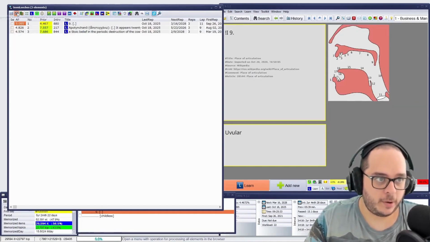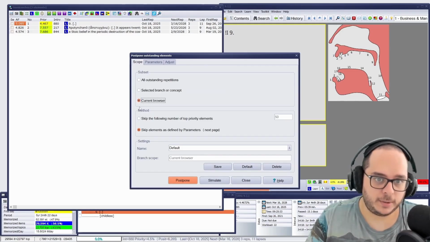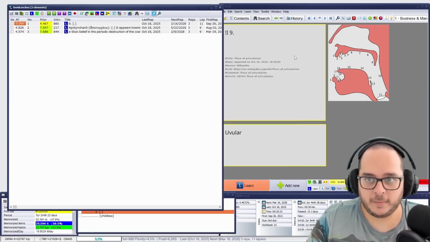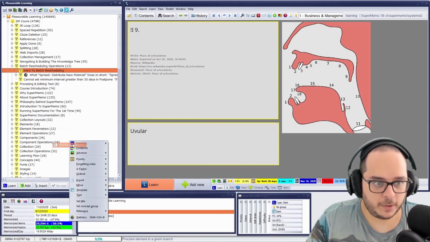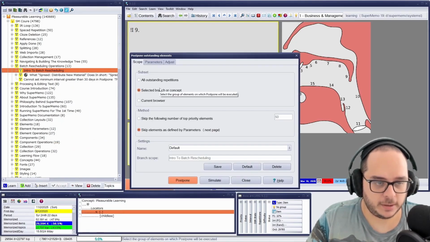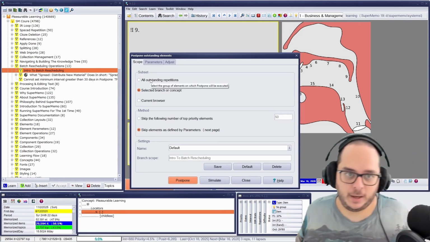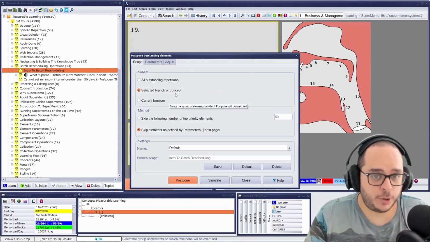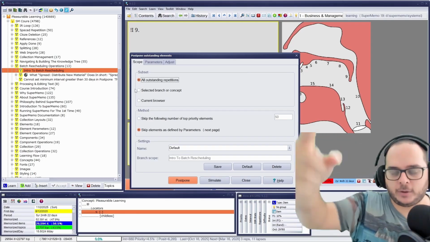Then I go to process, browser, and postpone. It's the same dialog. The only difference is that instead of outstanding repetitions, it's current browser. And can you guess the third option? It is from the subset, exactly, meaning that if I click here, process branch, and postpone, it's a branch or a Crutch group. So the subset is telling me already more or less how I get there, how I trigger the postpone. It is using the same dialog, and in case you want, you know what, let me do entire collection. Boom, you just click, you don't have to quit, go back to the menu and so on.